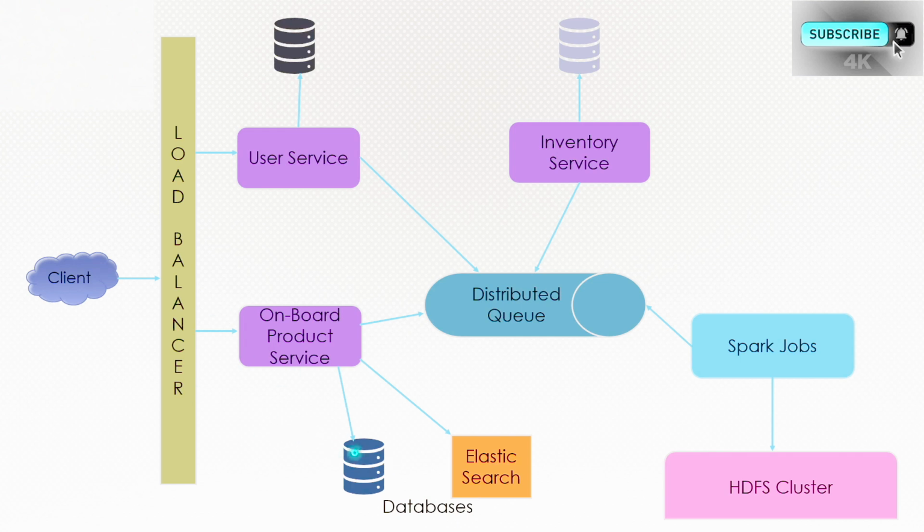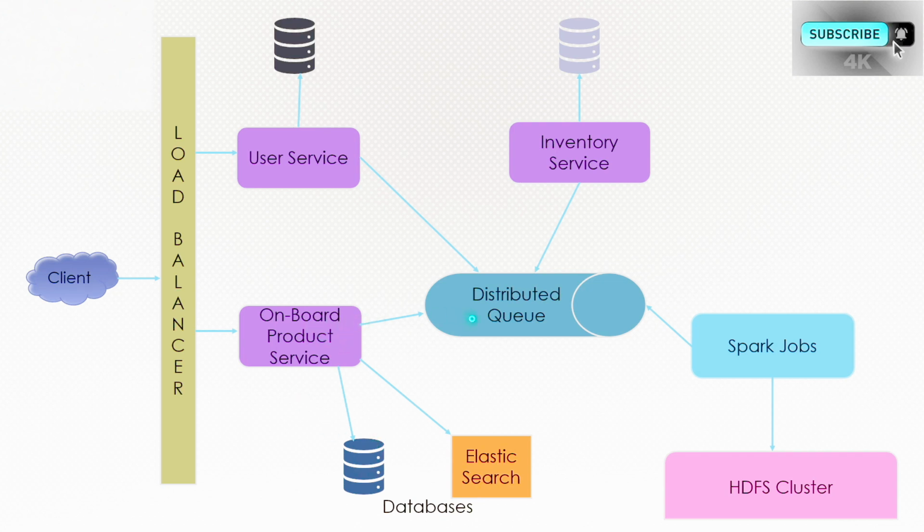An RDBMS will not be able to handle this, because you will have to create multiple tables for different kinds of products, and handling that will be very hectic. So a document-based database will be the ideal choice for handling a system like this. You can go with a MongoDB kind of database. So we'll have a MongoDB here, an Elasticsearch here, and once we have onboarded our product,